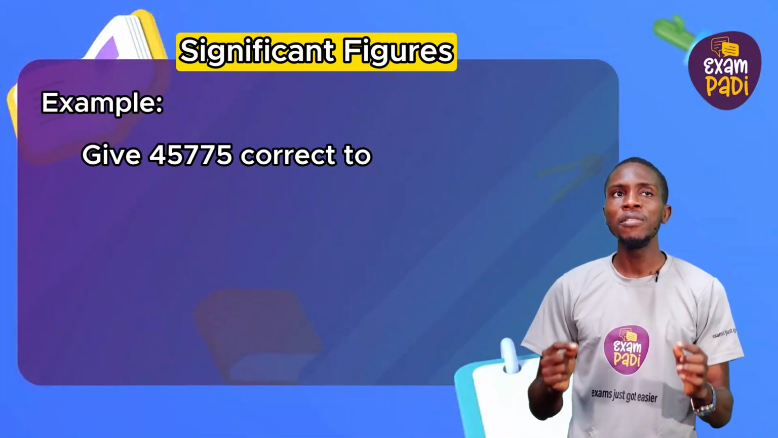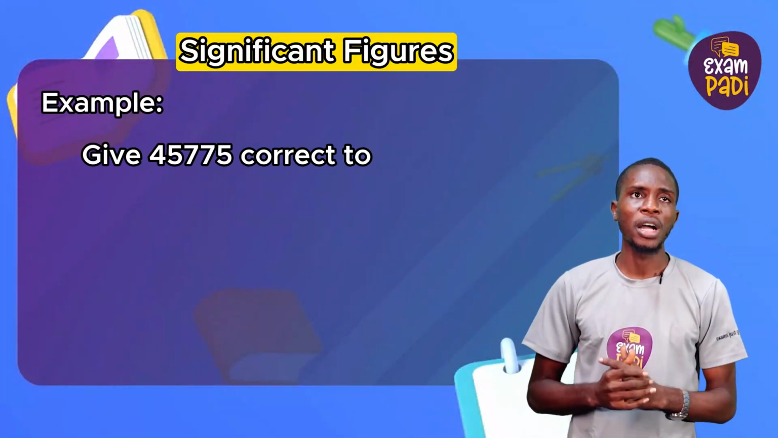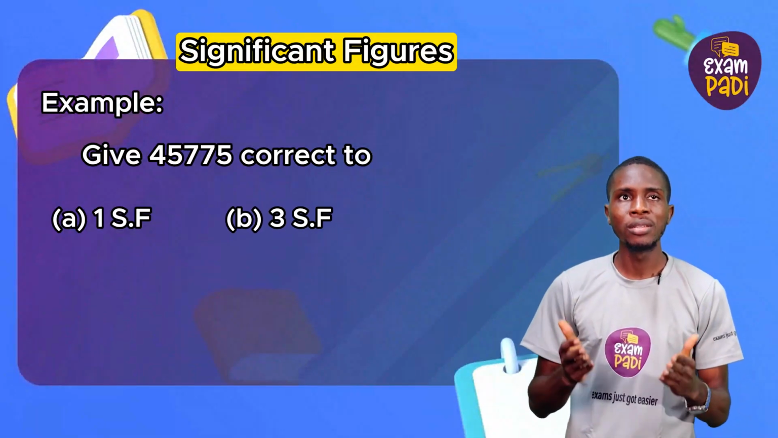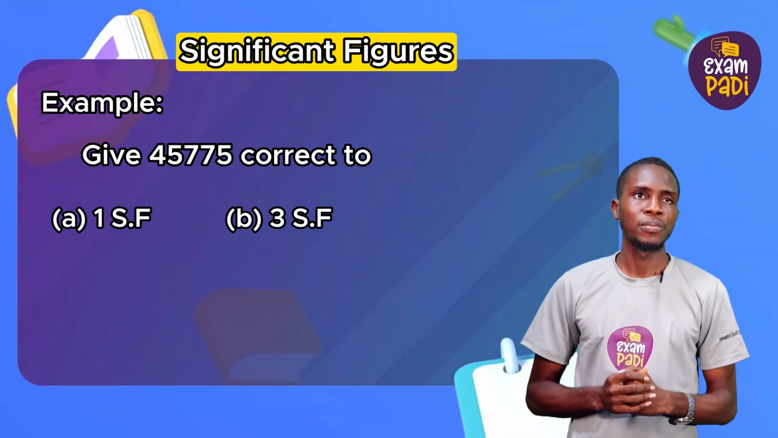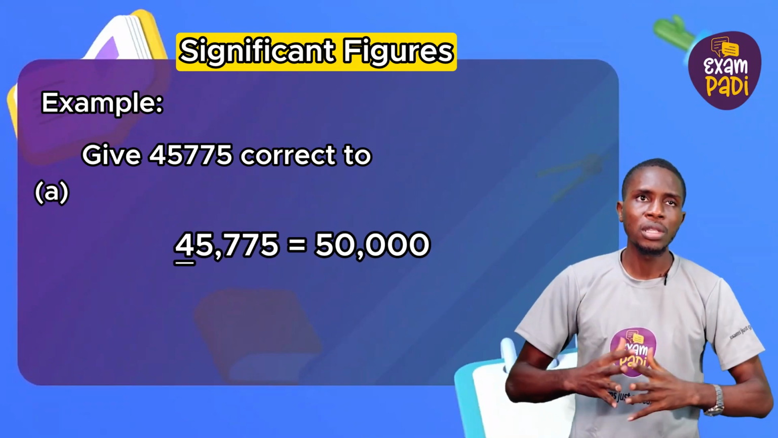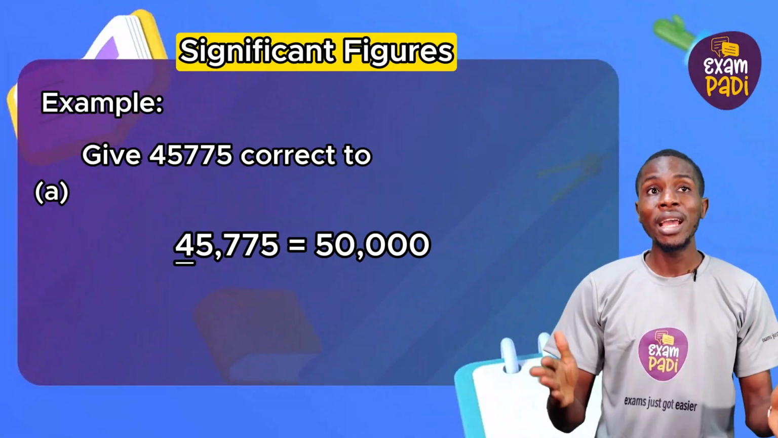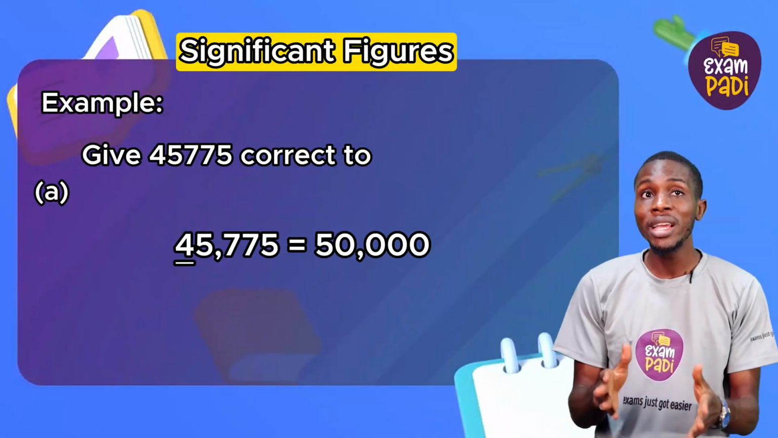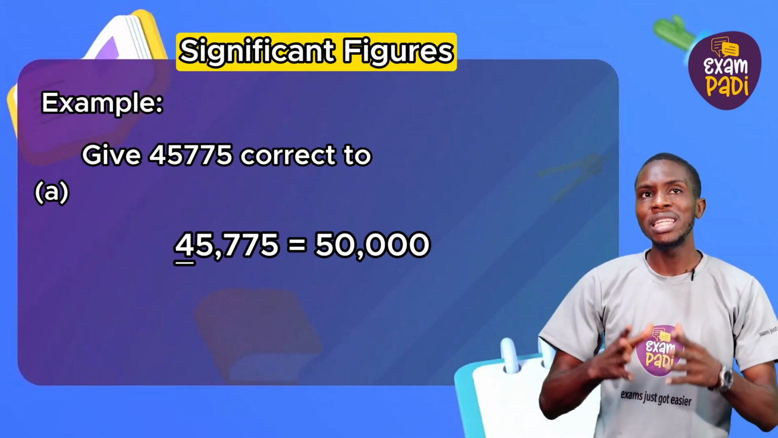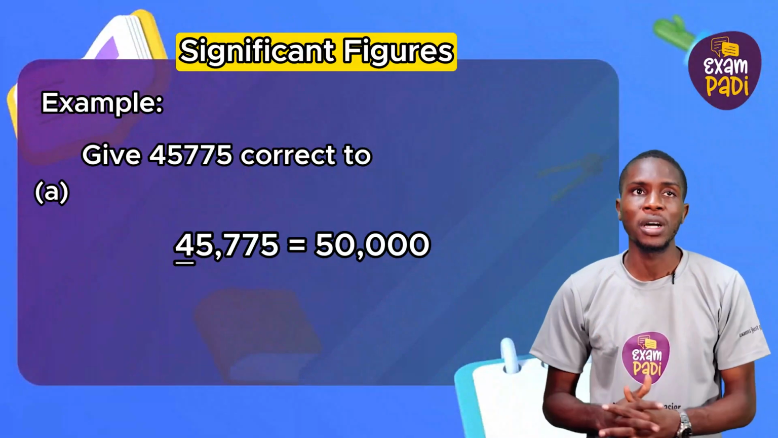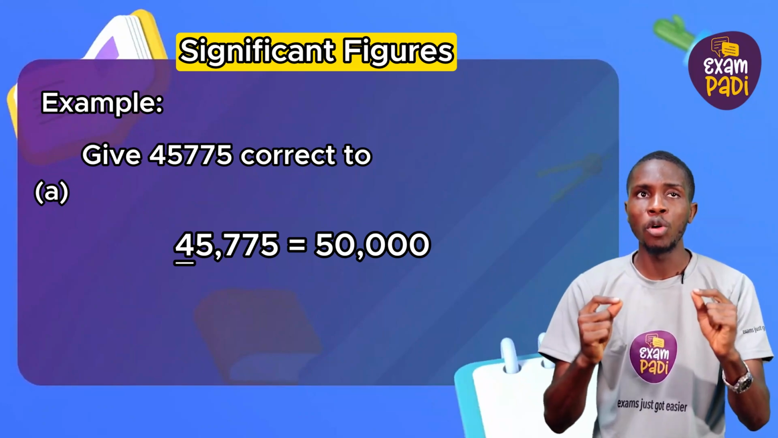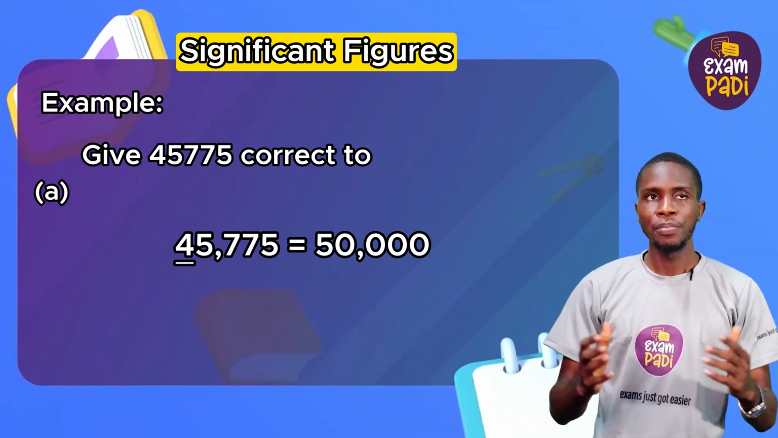Example: give 45775 correct to A, 1 significant figure, B, 3 significant figures. A, 45775 equals 50,000. Since the next number to 4, which takes the position of the 1 significant figure, is 5, then it will add 1 to 4 to make it 5, thereby making every other number become 0. B,